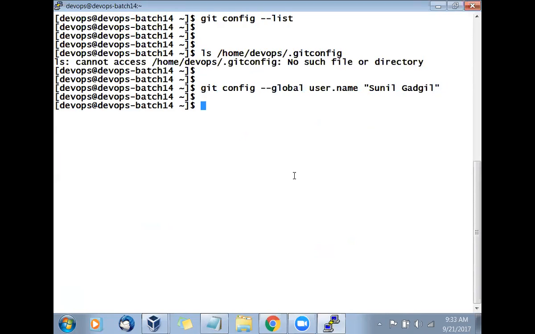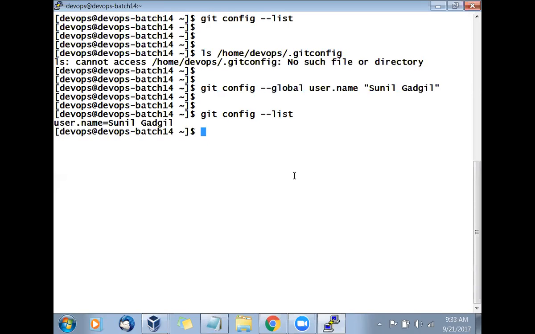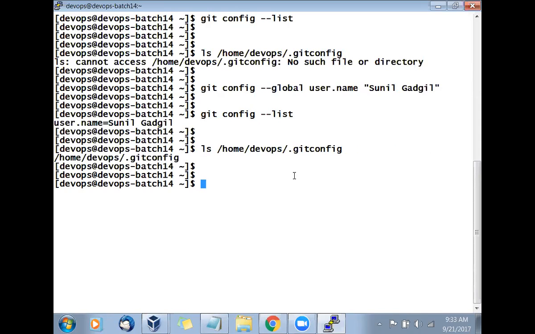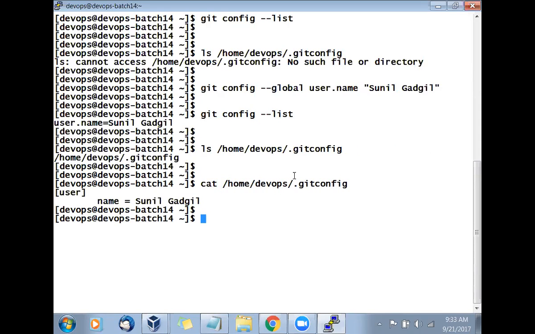Now if I say git config --list, you see that it shows one parameter you have set. Where is this parameter? It is in this configuration file. You see, now the file is available. How to see the file contents? Let's say cat, and here we go. It has created a section called user, and it has put my name there.